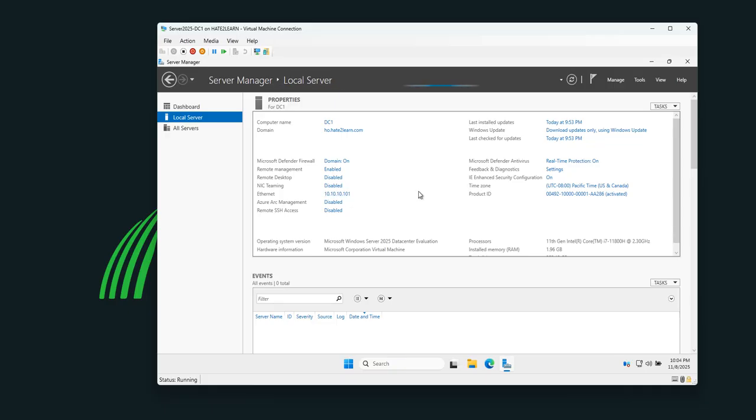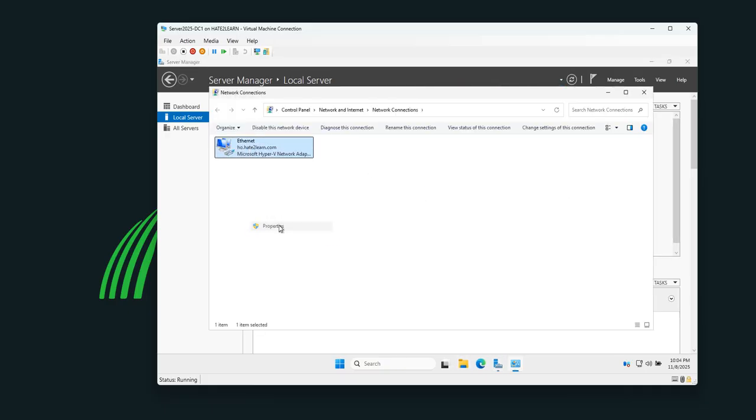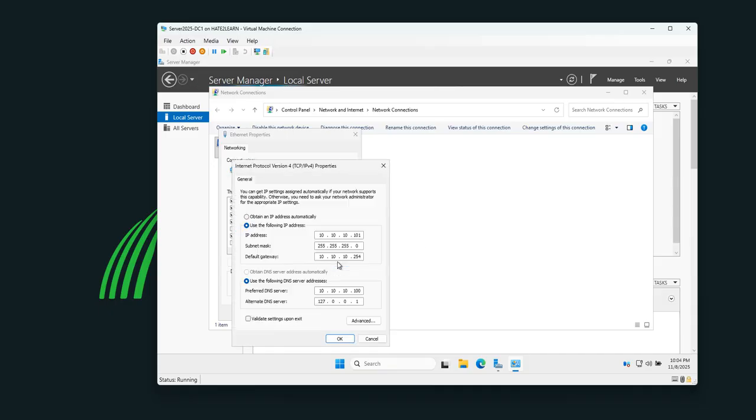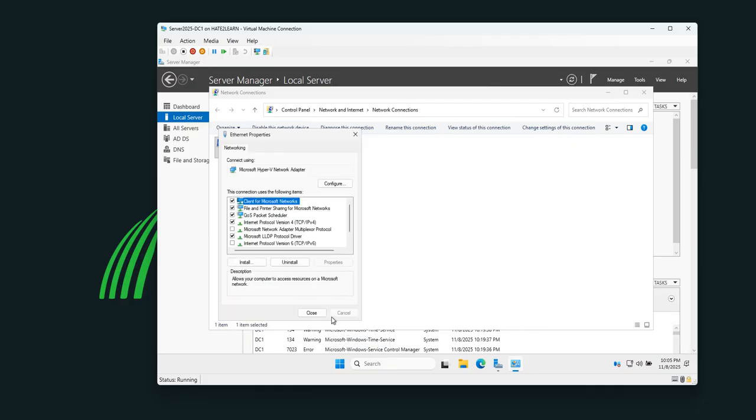Let's go to Ethernet, right click, properties, TCP/IP, properties, and here you can see it's 100, I will change it to 101. And the secondary alternate DNS server, I will give it the DC0 IP address, 100, and then apply, okay, close,